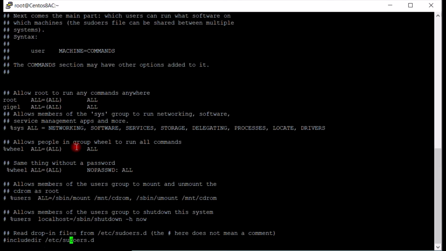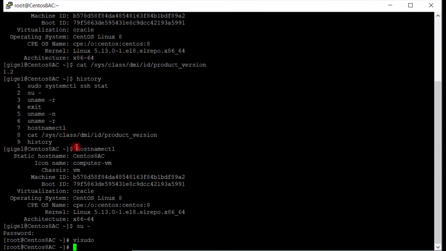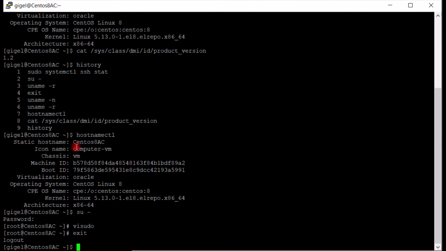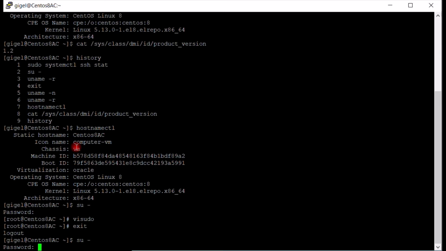Now do an escape here, and now do a :v, actually a :wq, to be able to write down what we have modified, and then a q. All right, and now we can actually do an exit here. And now with our simple user, the same one that we have added there, actually no, I'm sorry, let me just navigate quickly, because we need to do one more step to be able to actually use the simple user